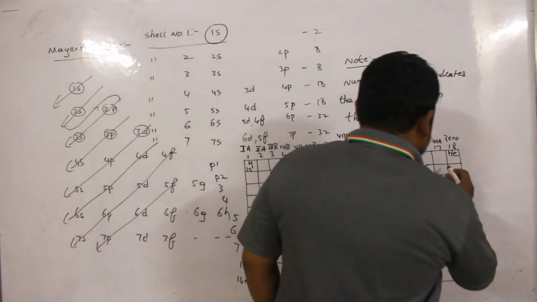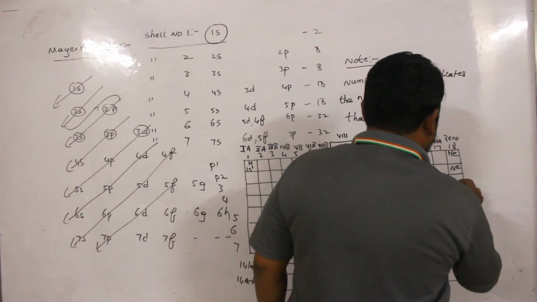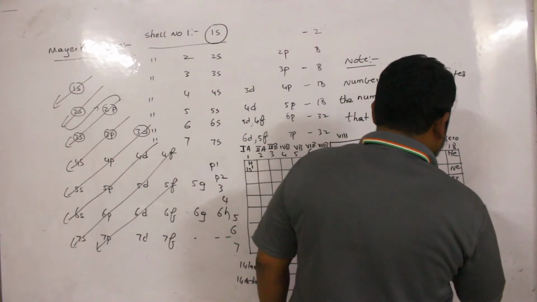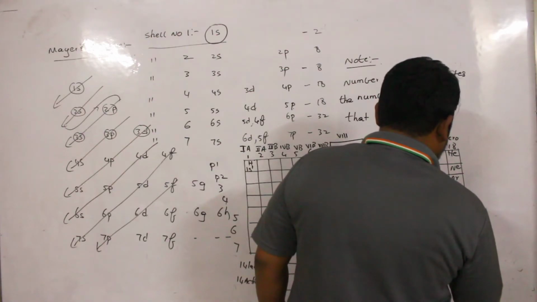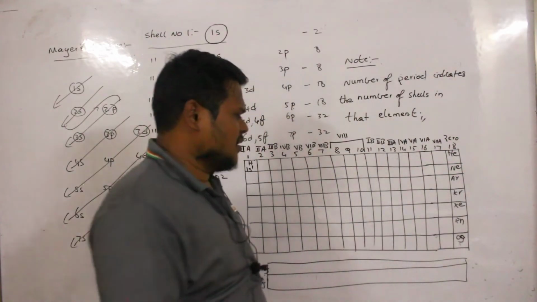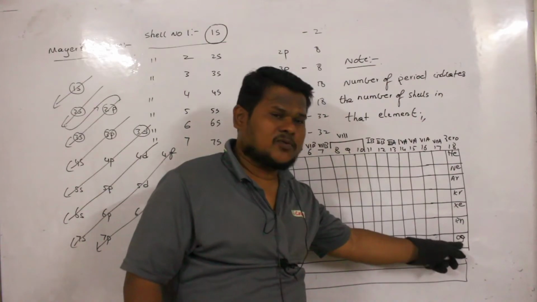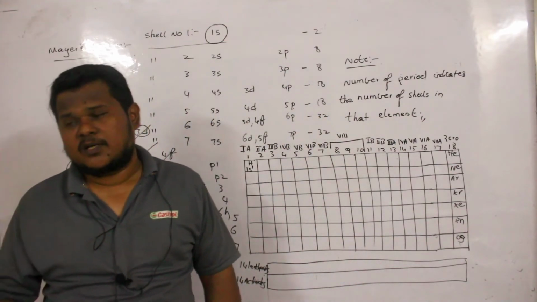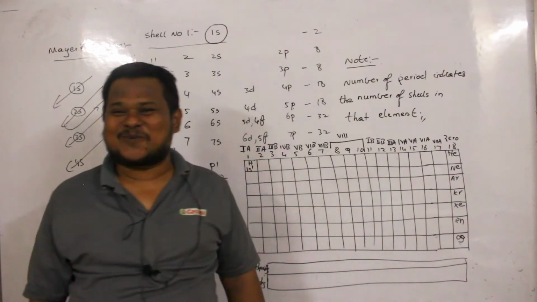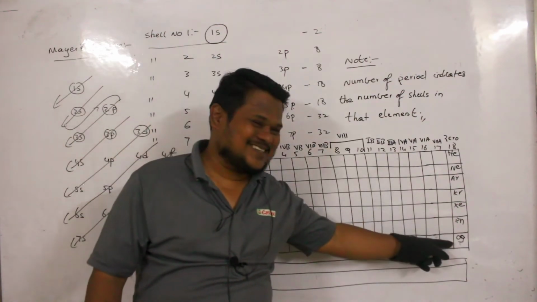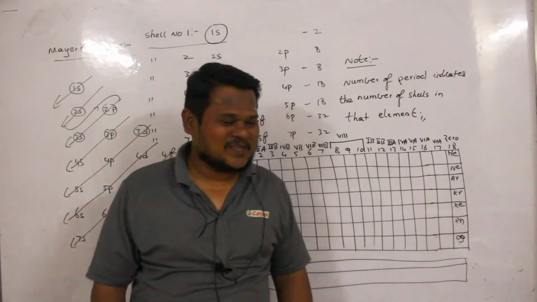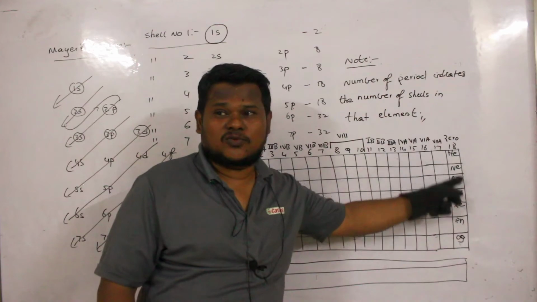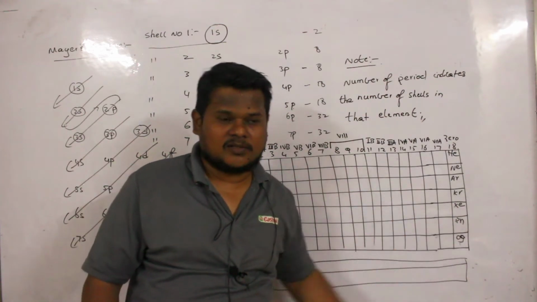Clear? So helium, neon, argon, krypton, xenon, radon and oganesson. This was the element which was found out recently. In the old periodic tables you cannot find this OG. OG was not there; when we read, everyone used to say OG as 'pogi'. Now we have OG. It was discovered very recently. Are you able to understand? So these are the elements present in the 18th group, all inert gases, or you can call them noble gases.